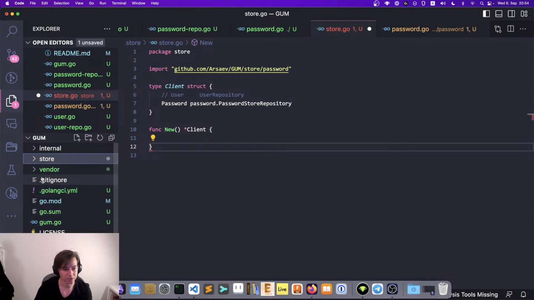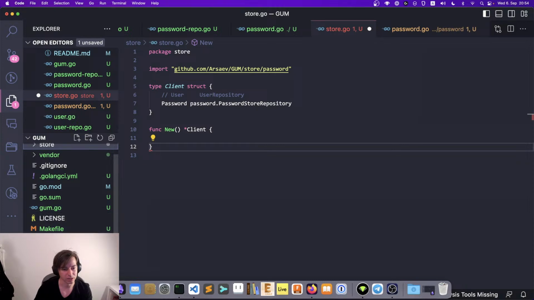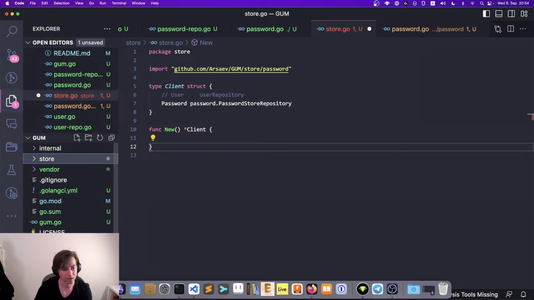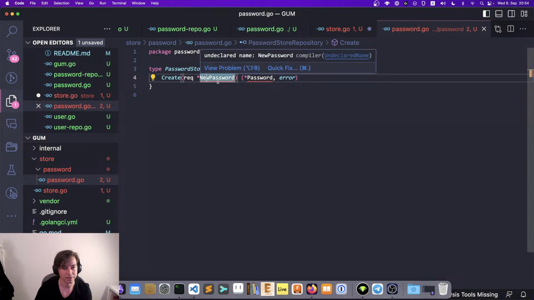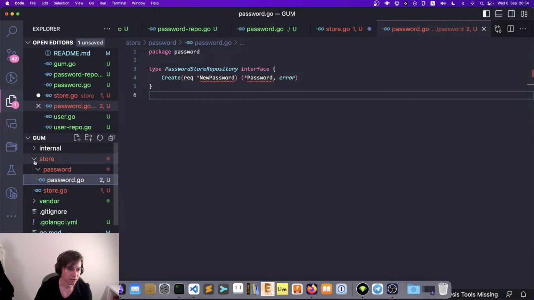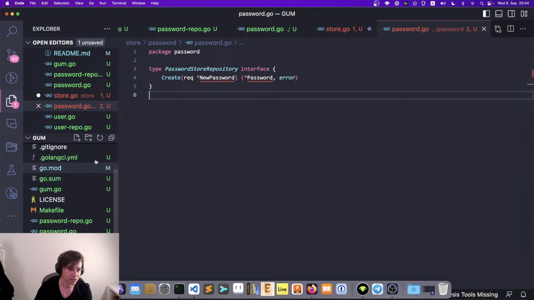Actually, we also could have defined models at a high level and used them. Like here, say create. We cannot access these new password things. What we could do is say